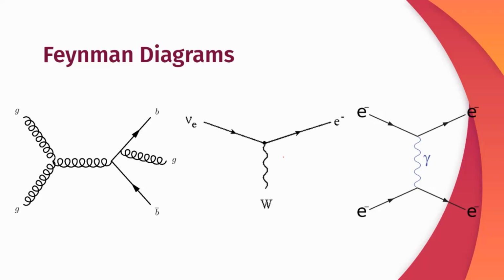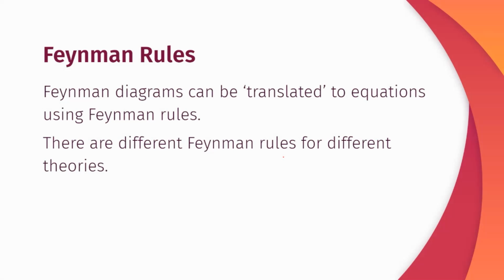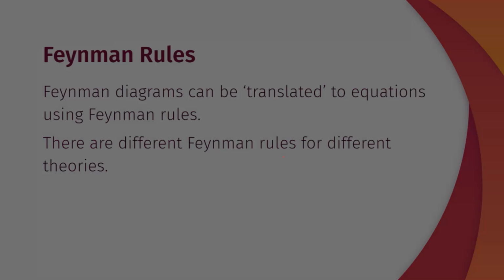So if you go to the next slide, then we can actually use these things called Feynman rules to translate Feynman diagrams into equations, which we can then use to find expressions about what is going on in the process. So there are different sets of Feynman rules for different theories. So if you go back to the previous slide real quick,